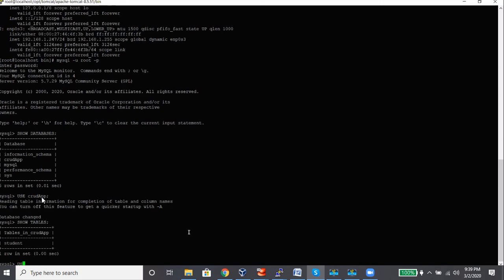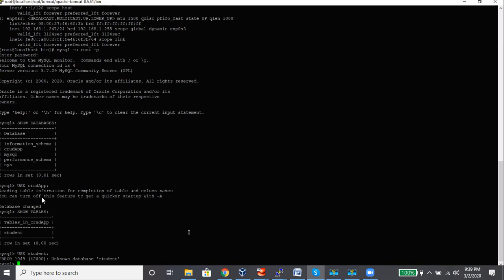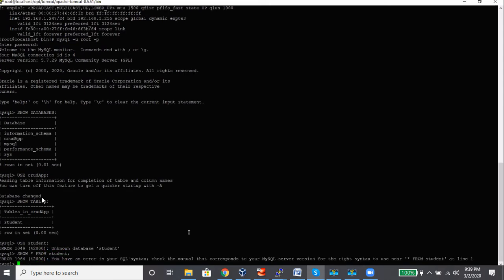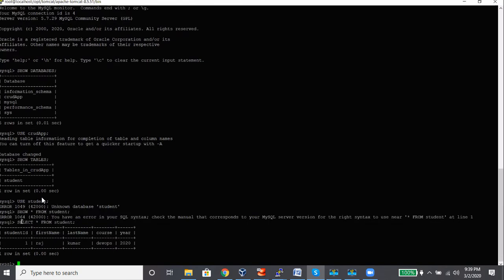Then select star from student. So basically these are all database queries.